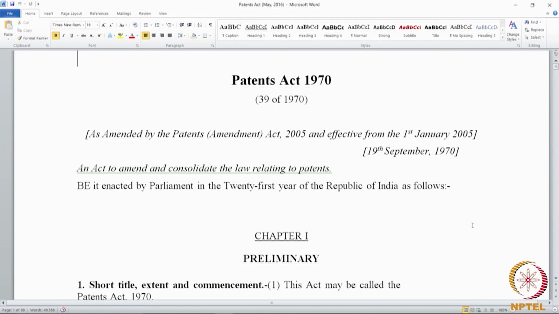To understand the Patents Act, we had already mentioned that the Patent Act is structured around the life of a patent. It begins with how a patent is applied, the procedure for application, who can apply, and it goes on to how the patent application is scrutinized by the patent office. Patent office will raise certain objections which the patent applicant can answer, and eventually after this exchange of information between the patent office and the applicant, the patent gets granted if the patent office is satisfied by the explanations given